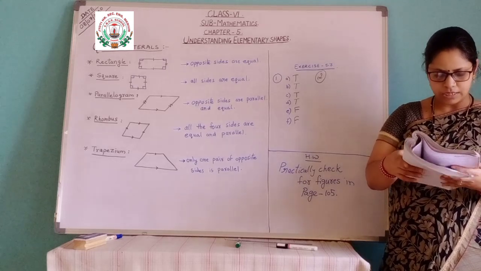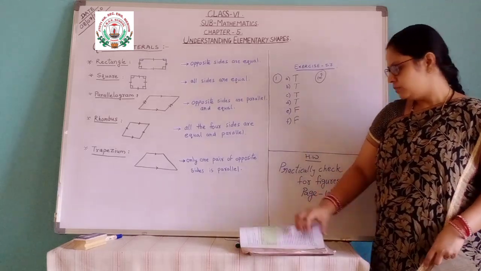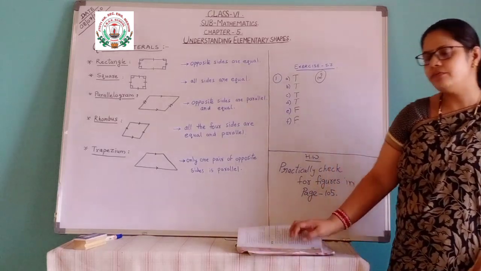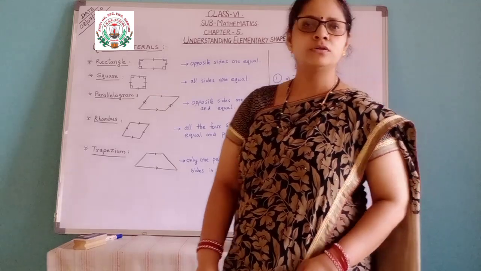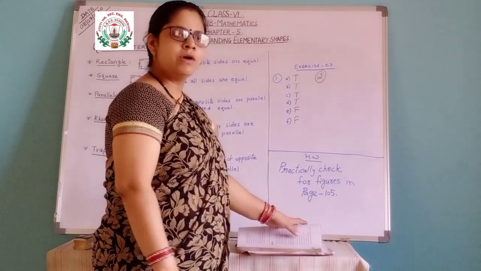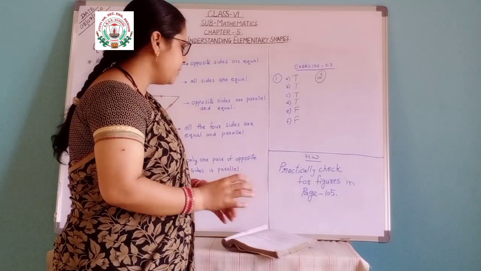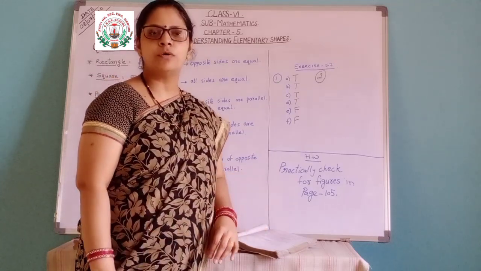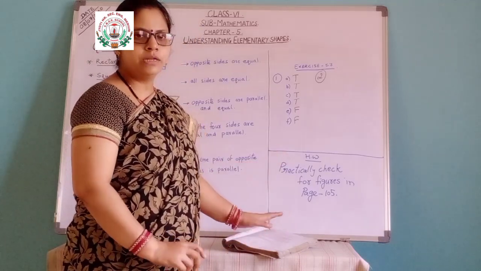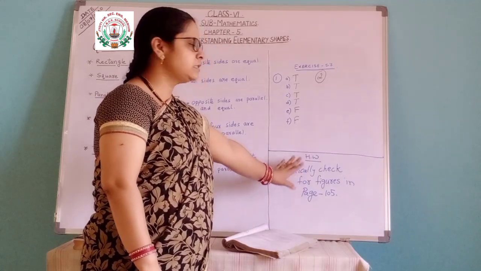Third part, you will just read and do on your own. One homework for you. On page number 105, set squares are given in your geometry box. Take those set squares and, as given on page 105, see how they are adjusted. While you adjust them, some kind of quadrilateral is forming. Just check practically how it is done. So that page number 105 you will check. So we have completed this exercise 5.7.